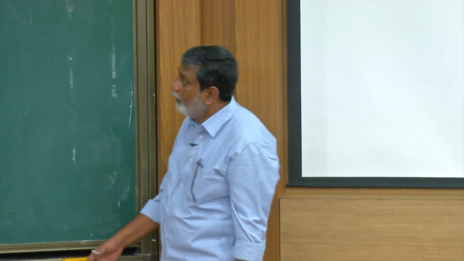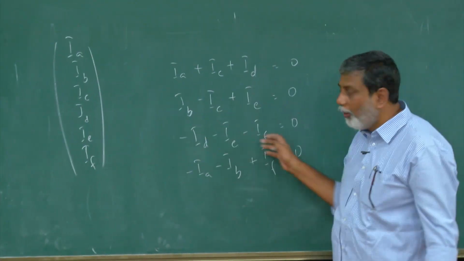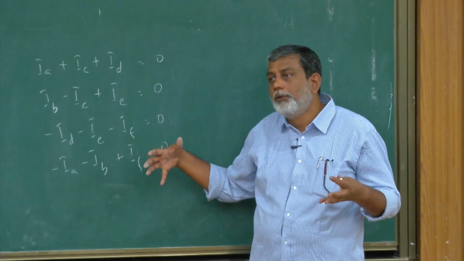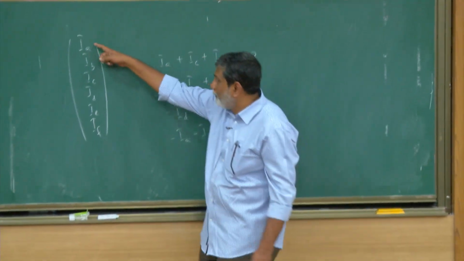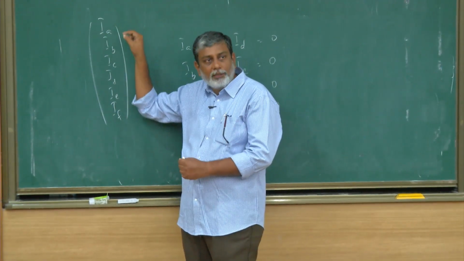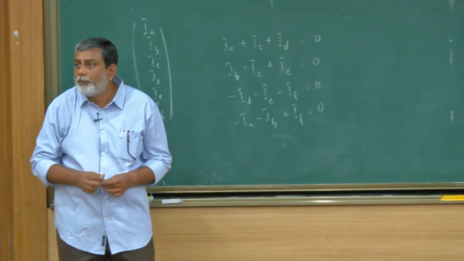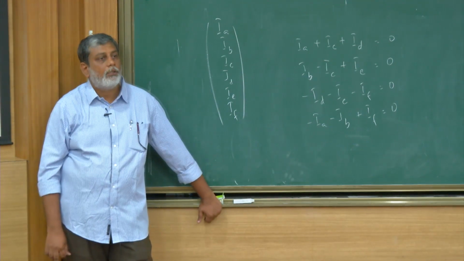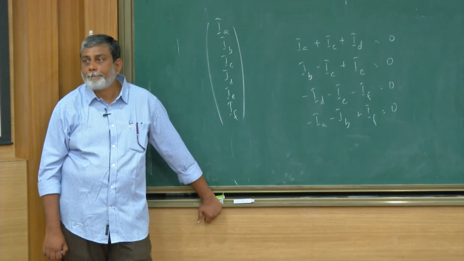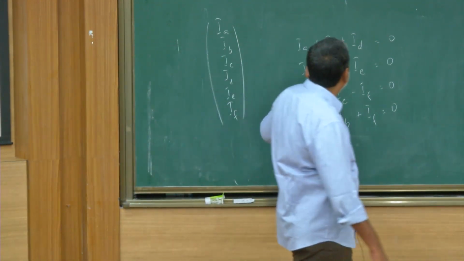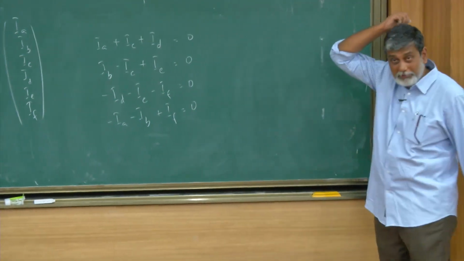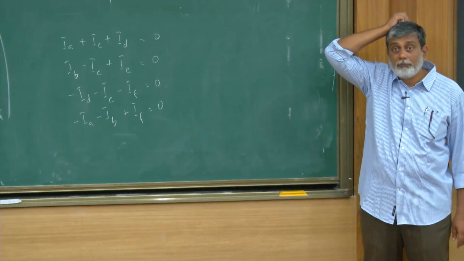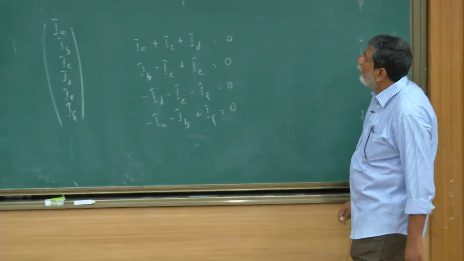Yeah? So, if you have a vector that satisfies all these conditions, then of course it obeys the Kirchhoff's law in every node. Which means that vector must be something that is a permissible current distribution in this network. This is fine? Okay? So in this particular case, kernel of A are the permissible currents. Okay? All right. Now let's look at